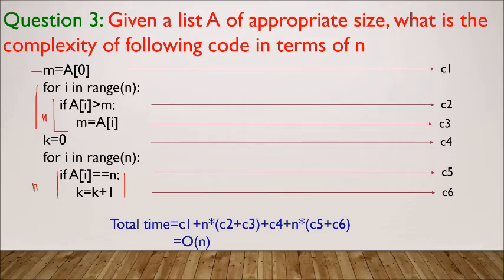Then C4, that is k is equal to 0, outside the loop. Then again the second for loop, that is, it will be executed n times into C5 plus C6, which was inside the for loop. The fourth program,